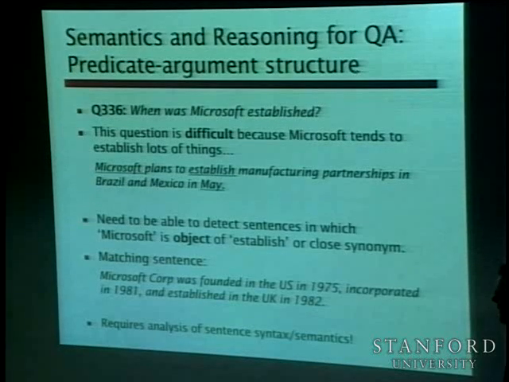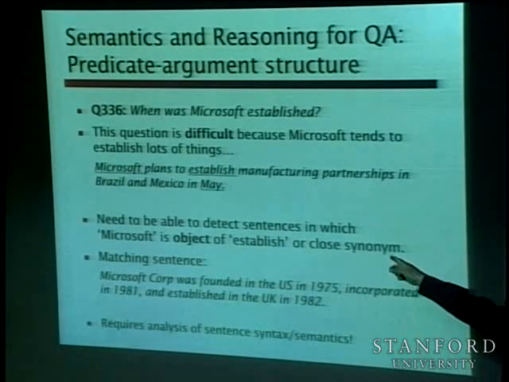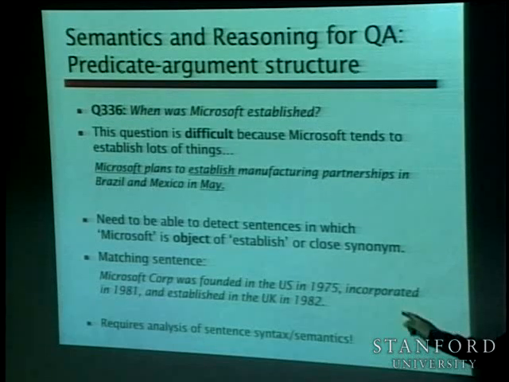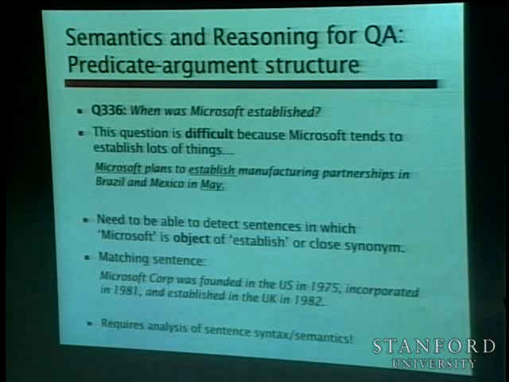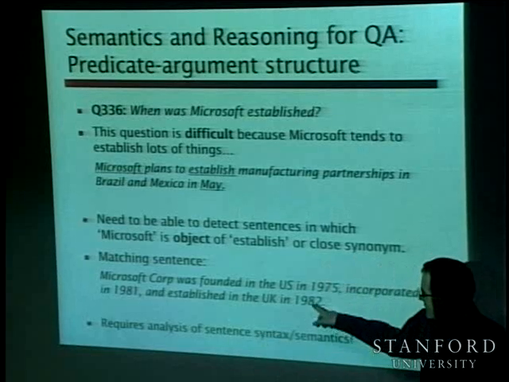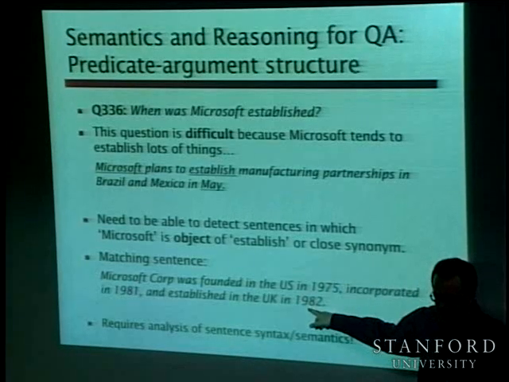So you really need to be able to work out, let me actually try and find a sentence where Microsoft is the thing that is being established, because that's really what we need. So we need a sentence like this. Microsoft Core was founded in the US in 1975, incorporated in 1981, and established in the UK in 1982. But wait, this is still hard, because if you just match on the word established, you're likely to return 1982, which isn't the right